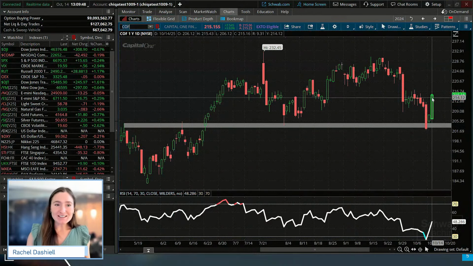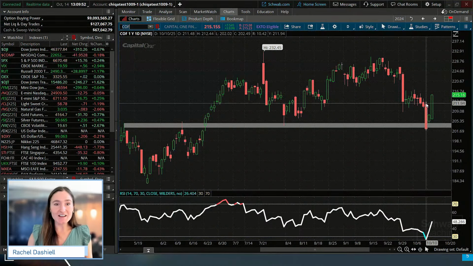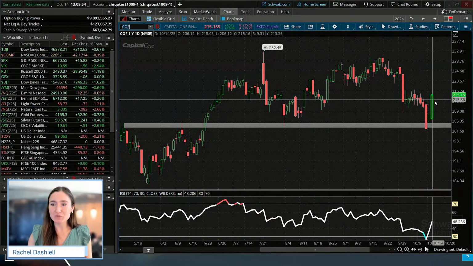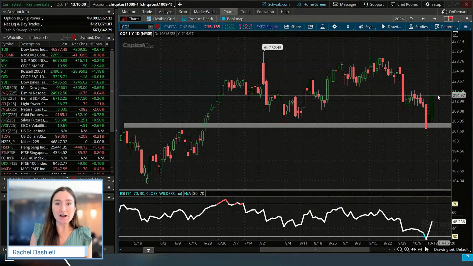So market's not closed yet, obviously, but it's trading well above the high of the low day. So we could be looking at a little bit of a hold there. So this is one of the trades that I'm going to look at for a long call. Since it held support, it's showing a bounce from support. After today could be a confirmed bounce of support.